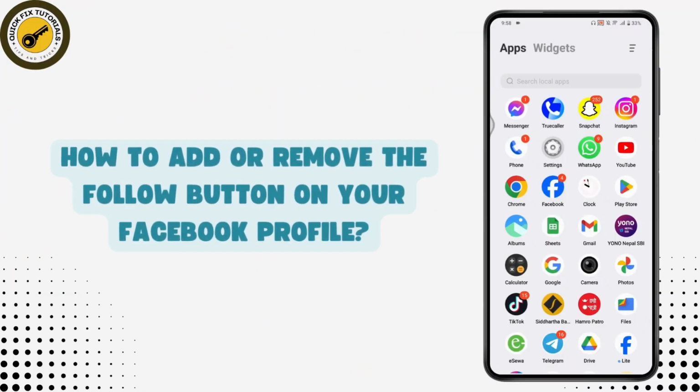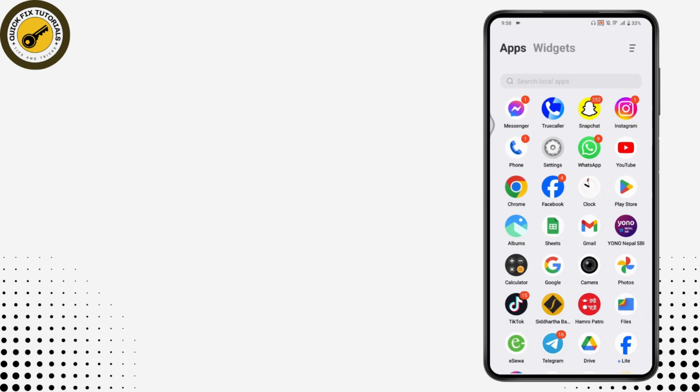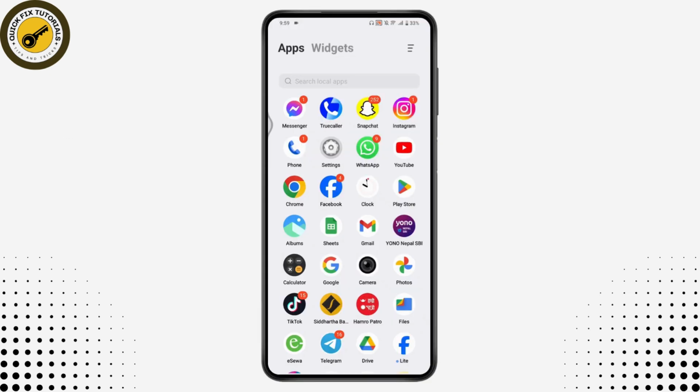How to add or remove the follow button on your Facebook profile. So if you want to add or remove your follow button on your Facebook profile, then what you need to do